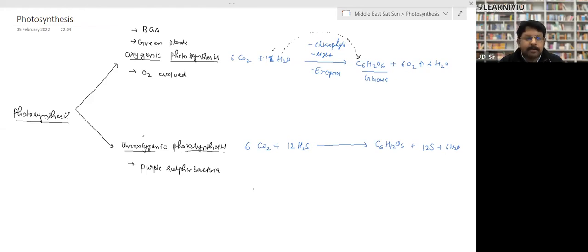The liberated oxygen comes from it as a byproduct. Right? Next point. The photosynthetic bacteria like purple sulfur bacteria